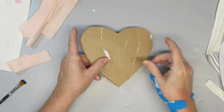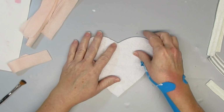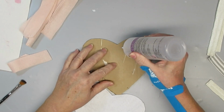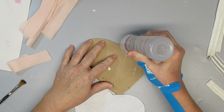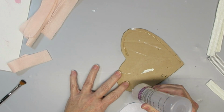Project number 3 is just using a cardboard cutout of a heart. I freehanded it and cut it out of some scrap cardboard. I also cut out a piece of white felt, which I'm going to glue on top of the cardboard because I'm going to be using some fabric on this and I didn't want any of the brown to show through. I am just using some of Aleene's clear gel tacky glue because I like that it doesn't go through